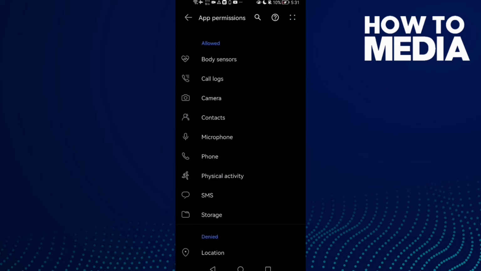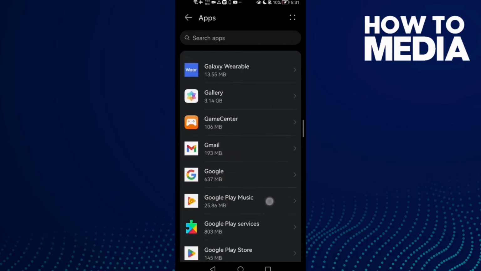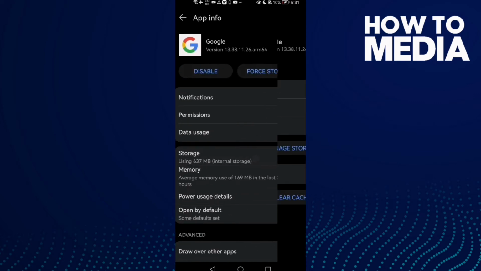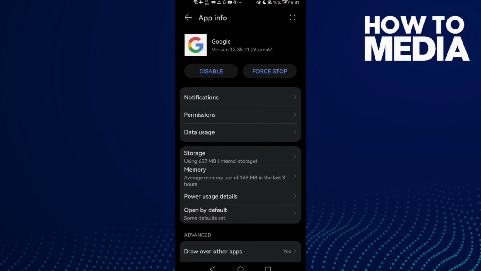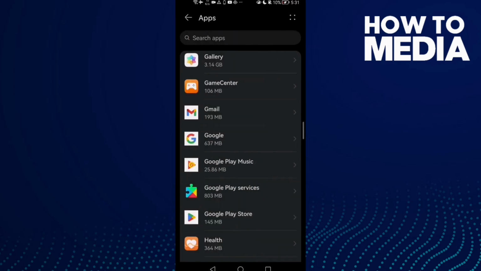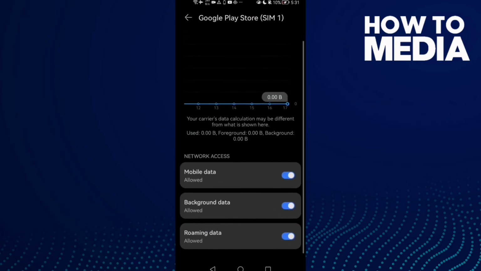Now you need to allow all of those here and then just go back, and then we need to find Google and go to storage and clear cache, and then go to permissions and allow those here, and then go to Google Play Store and force stop it, and now click data usage and